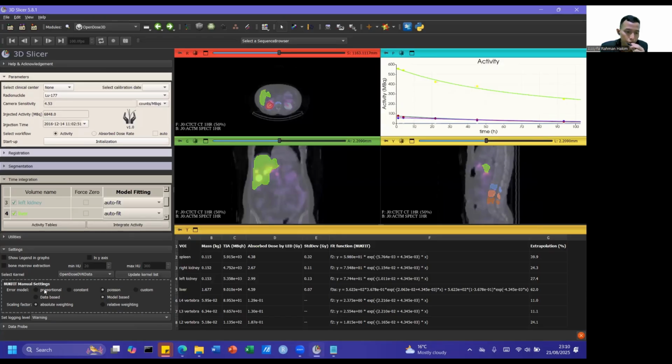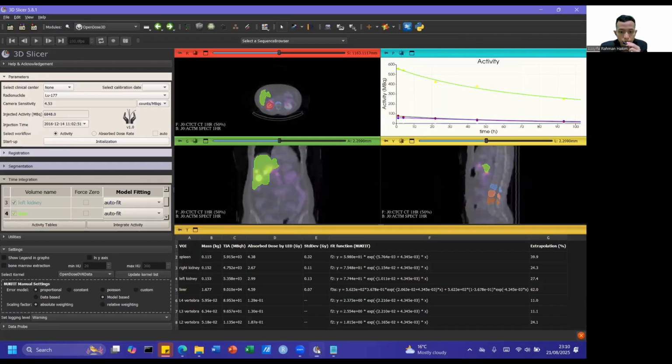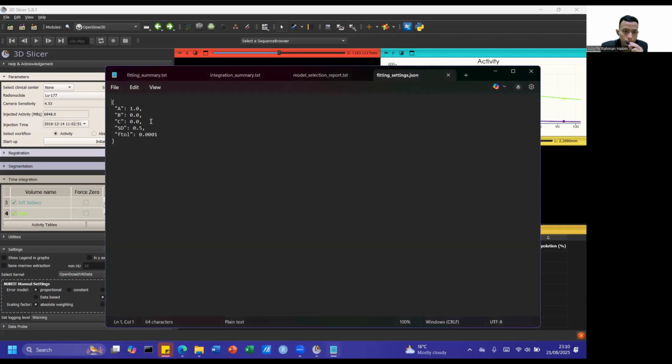If you use the proportional error model, it will automatically make the A value equal 0, the B value equal FSD, and the C value equal 2. So in the settings, the ABC values will be ignored, and the SD will be considered as the fractional standard deviation. So you put the value of fractional standard deviation here if you choose the proportional error.